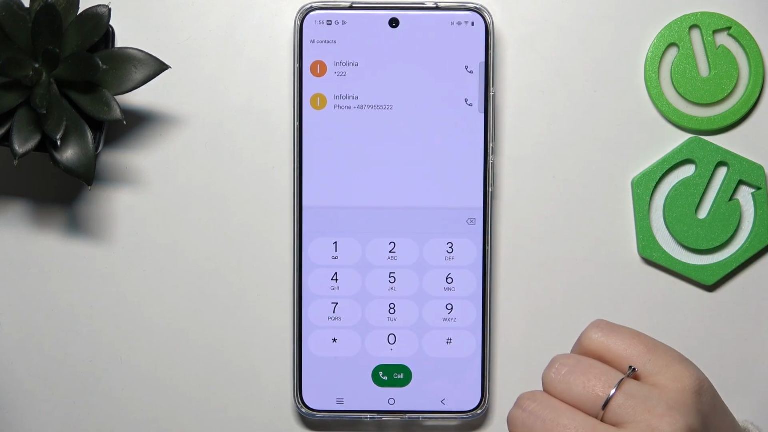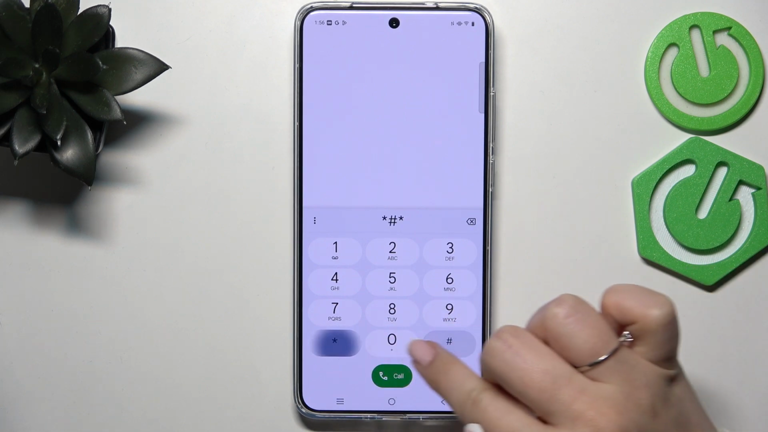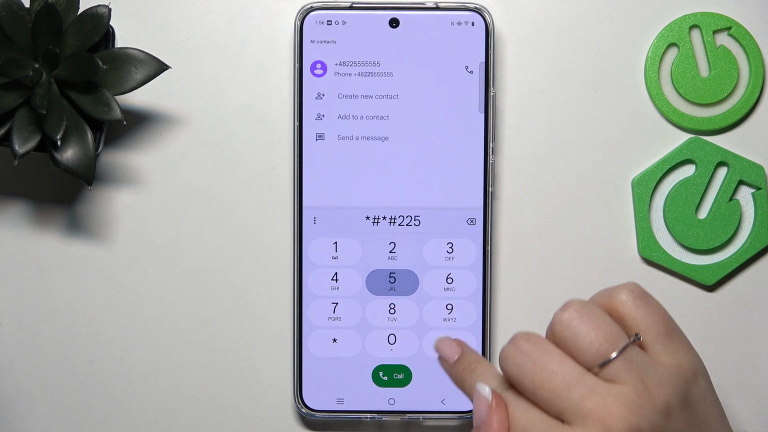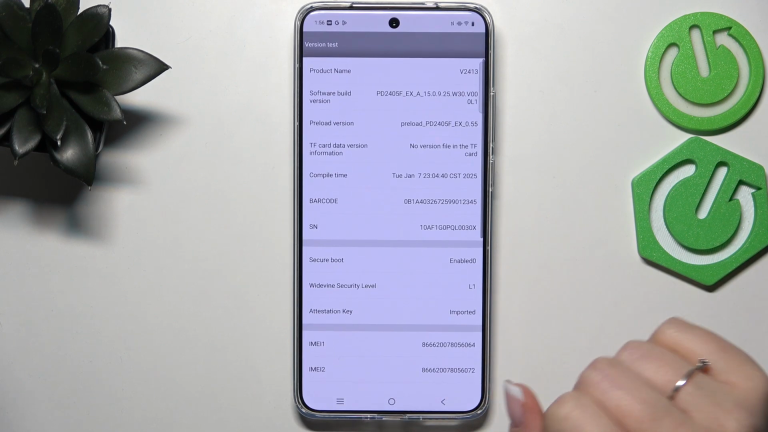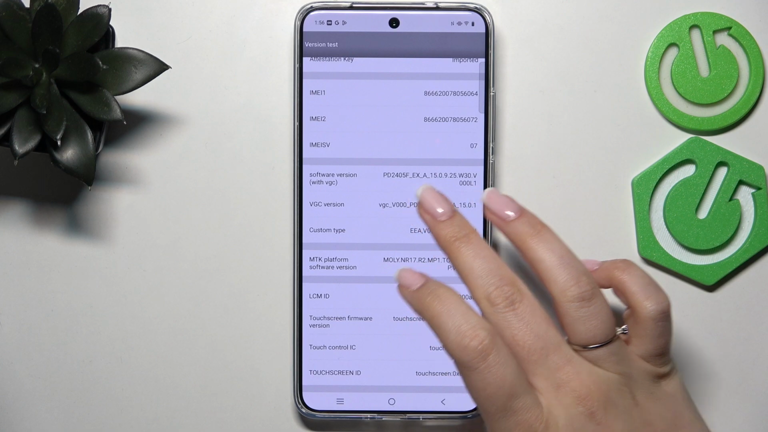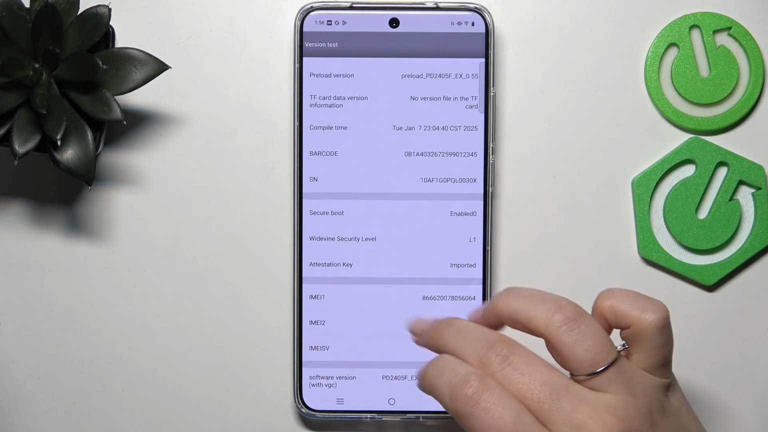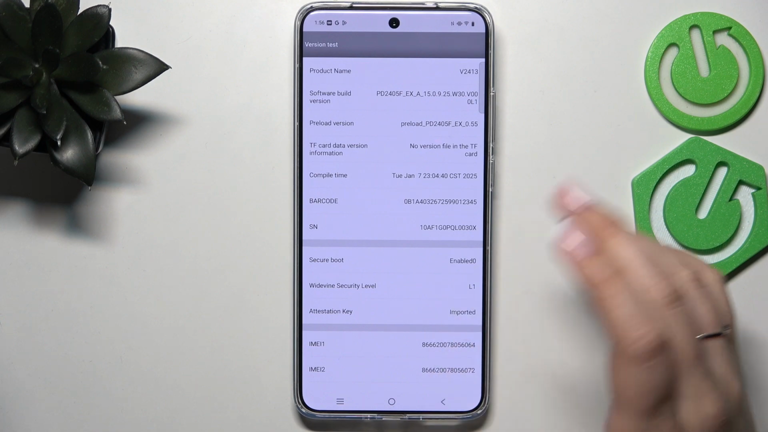Let me go back and another code for the version test. It is *#*#225#*#*, and here we are in the version test. So another technical code. Thanks to it, we can check the IMEI again, the attestation key, and the preload version,